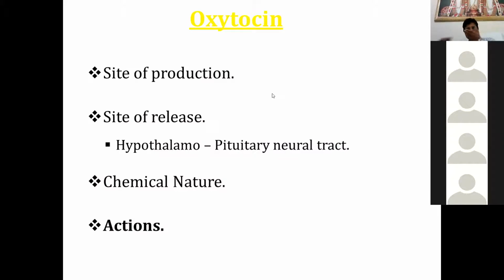Oxytocin. Now, whenever the hormone oxytocin is asked, you can follow the same pattern. You will say that it is synthesized in the supraoptic and paraventricular nuclei, transported down the magnocellular axons. The endings are present in the posterior pituitary, and from there, on an appropriate signal of electrical activity, it is going to be released. It is a peptide hormone, so you have pre-pro-oxytocin, which is converted into pro-oxytocin, and pro-oxytocin is stored in the granules along with,